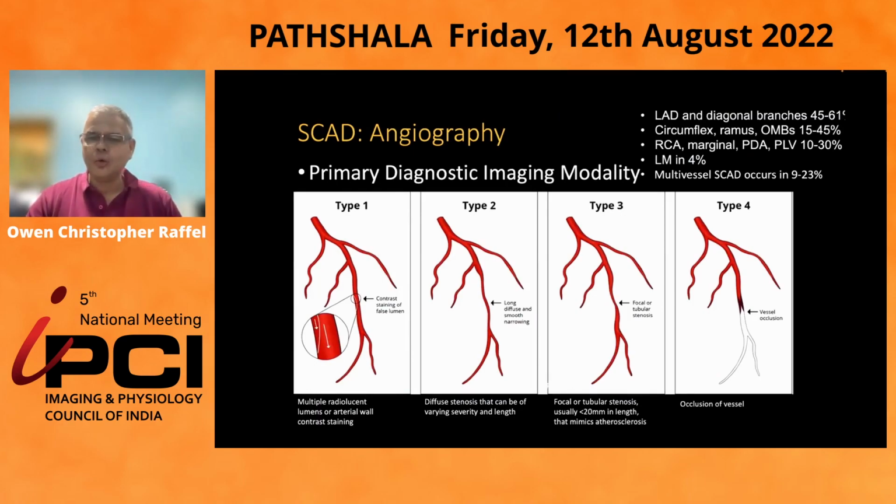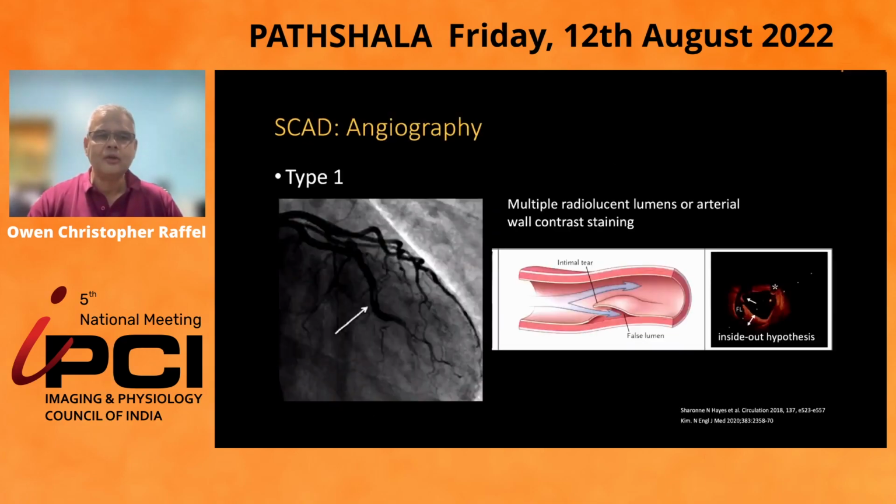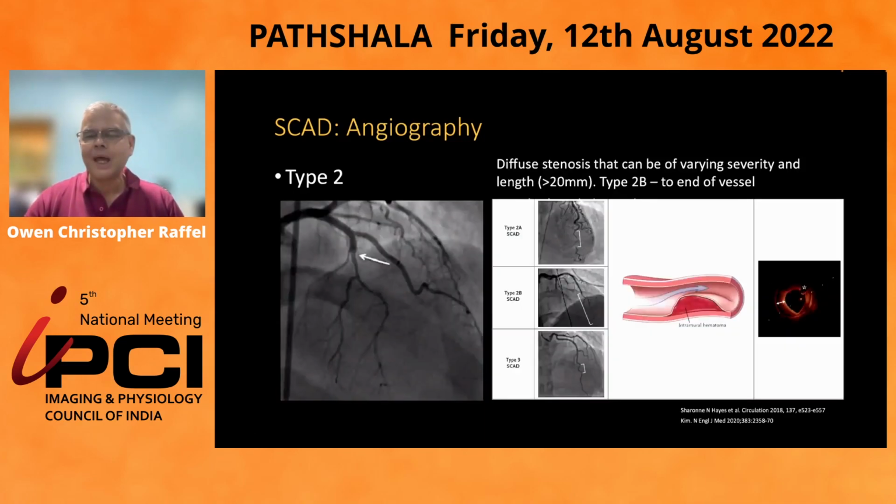And Jacqueline Saw from Vancouver has done a lot of work on this, and they've described a couple of patterns of SCAD, which is very useful for us to understand and diagnose these patients. Type 1 is the typical SCAD that is very easy to recognize due to an intimal tear with propagation and dye going into the false lumen, and we see the typical tram tracks or contrast staining of the wall, easy to diagnose. The next type, type 2, is primarily related to an expanding intramural hematoma,